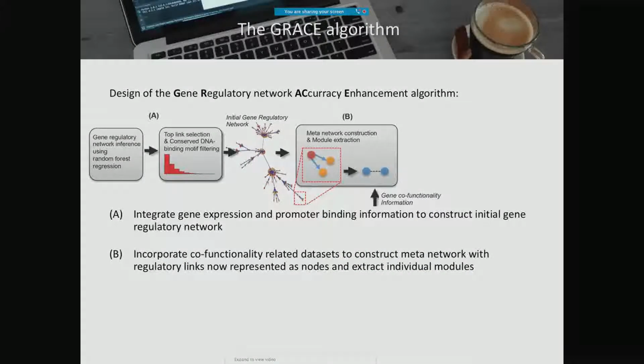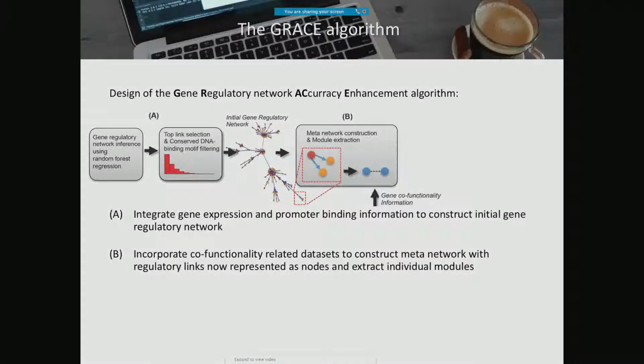And so what we did is we switched our view on the gene regulatory network, and that's the key and the take-home message from the rest of the talk, if you will, is this plot B here. So what you see is we have our initial regulatory network, and then we switch perspective, and we say, for a single transcription factor here denoted in red, and its potentially two target genes in yellow,